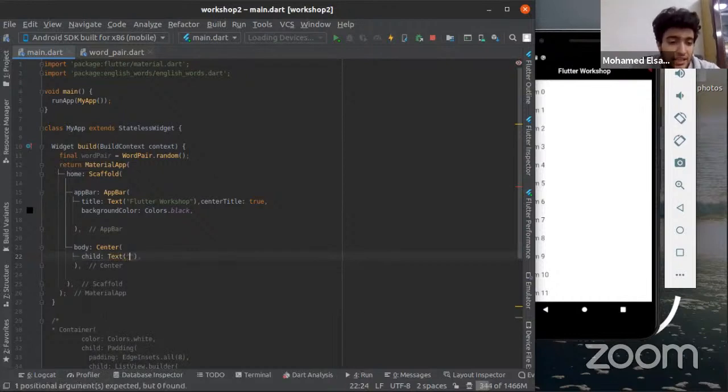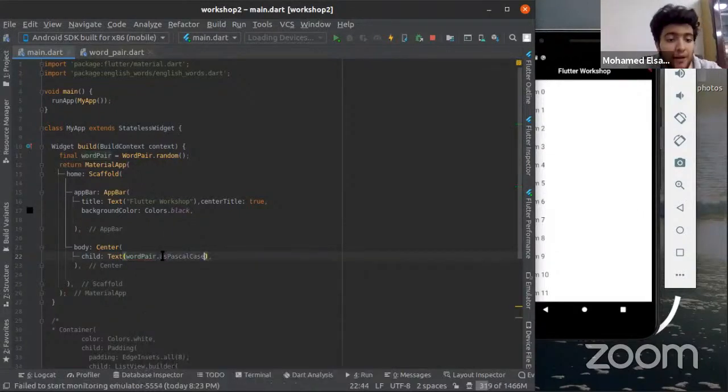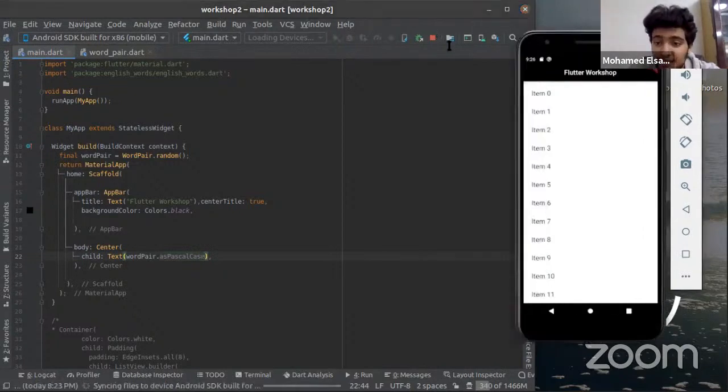So text is taking here a string, but we don't want to pass the string. We want to pass that word bear. So I think we can just write WordBear dot, as Pascal case. Pascal case is just making the first letter capital and making it a more formal way. If we just hot reload